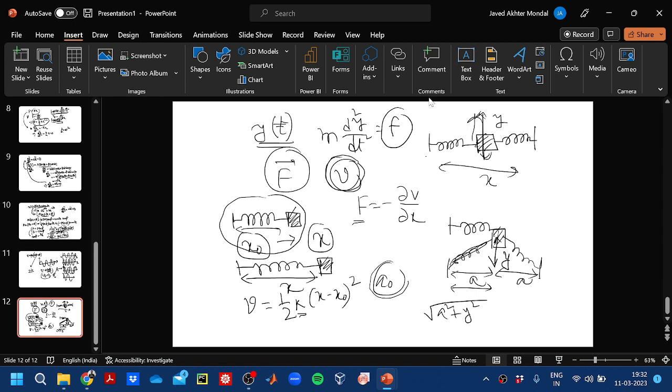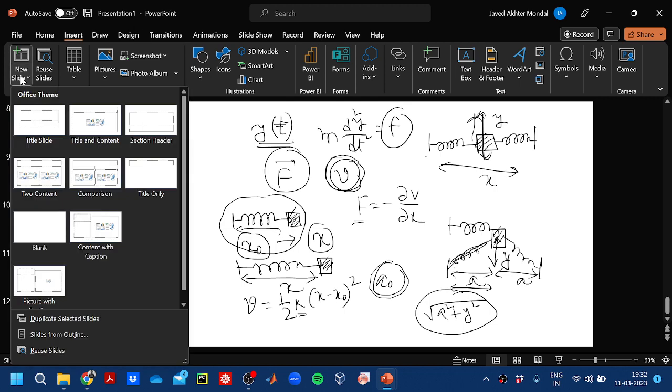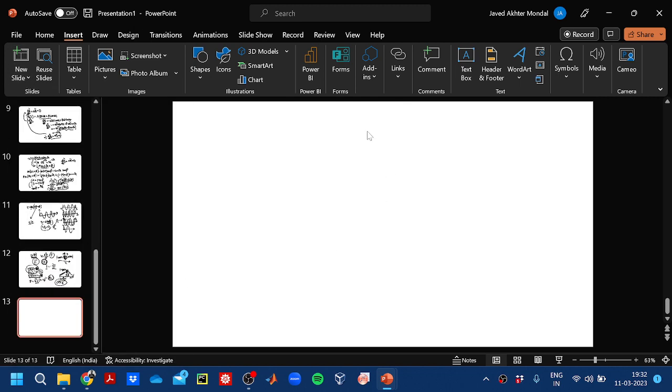This is the length after stretching. So the difference will be root of a squared plus y squared minus a0, where a0 is the initial and this is the final. And what will be the potential energy? Potential will be half k